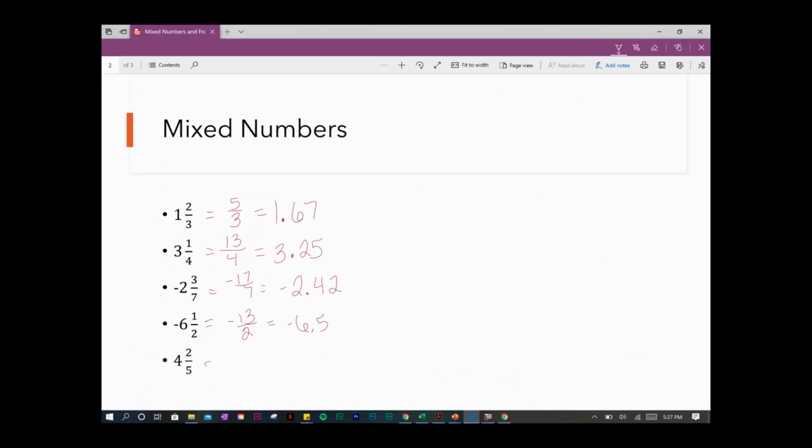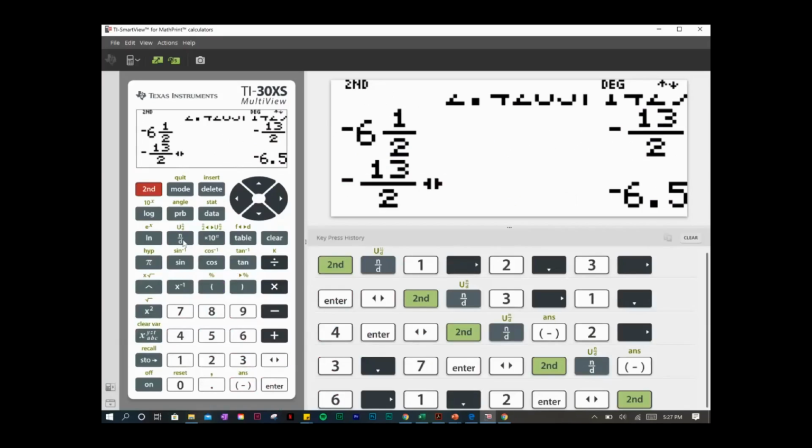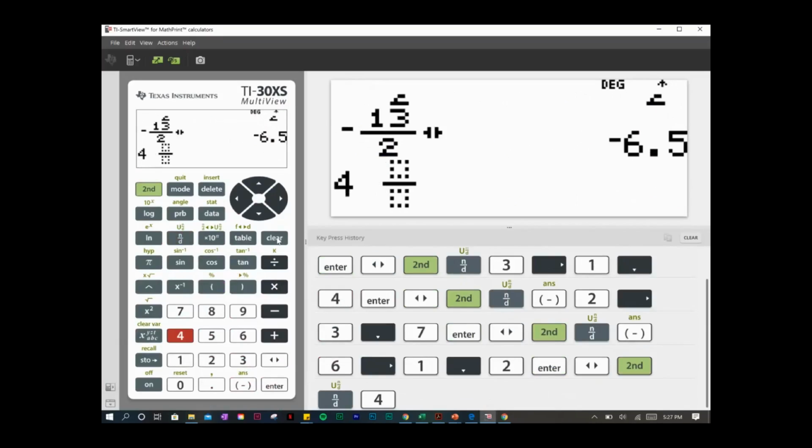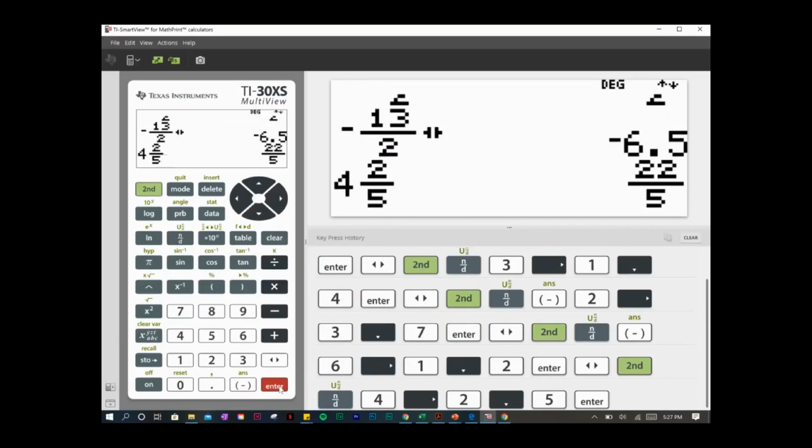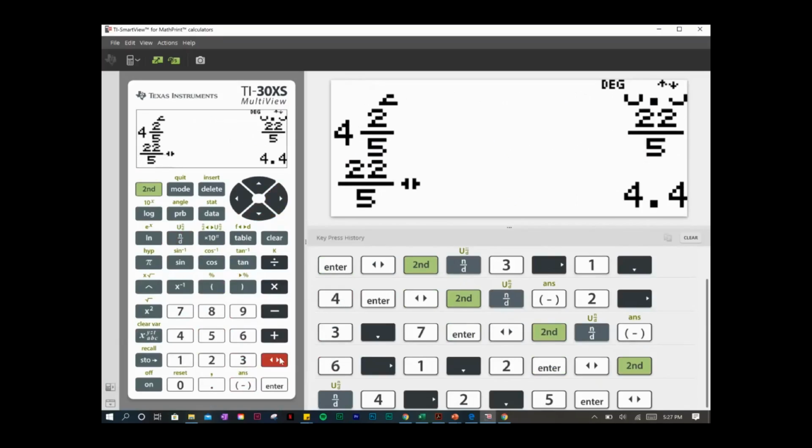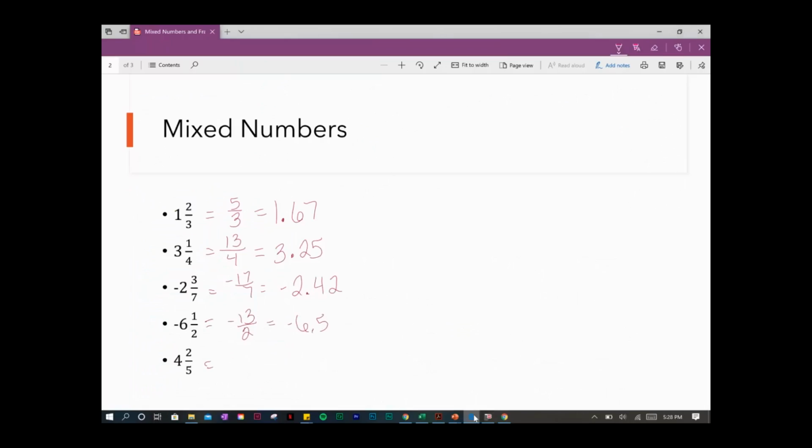And then finally 4 2/5. So again, second fraction button there, 4, right arrow 2, down arrow 5, enter. So we get 22/5, hit the toggle button, and we get 4.4. So 22/5,